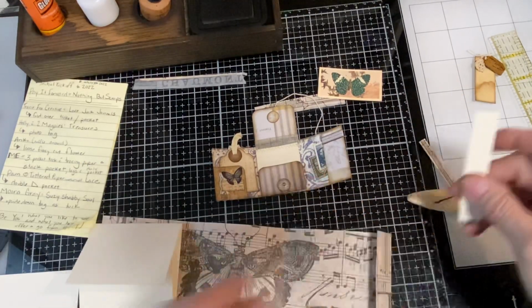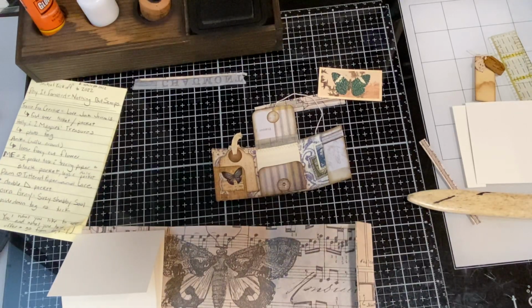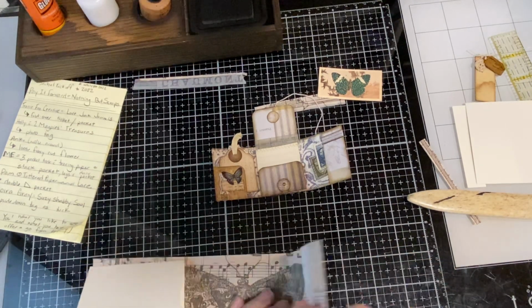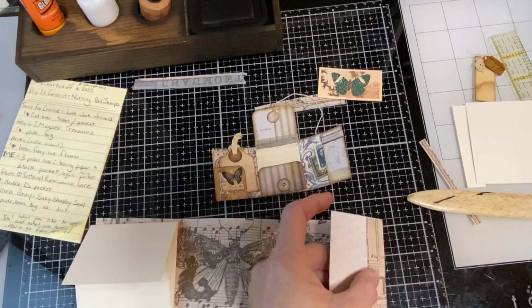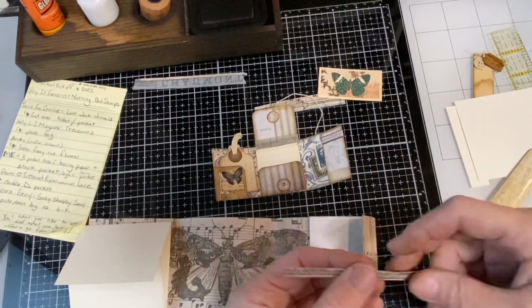So maybe what I'll do, maybe I'll use a scrap of that, because I know I have a scrap. I'll just grab something for right now. Maybe I'll use a scrap of that to make my tuck spot a little bit bigger. I mean, there's no reason you can't layer this tuck spot. I'll glue these pieces together, and then to make my belly band,